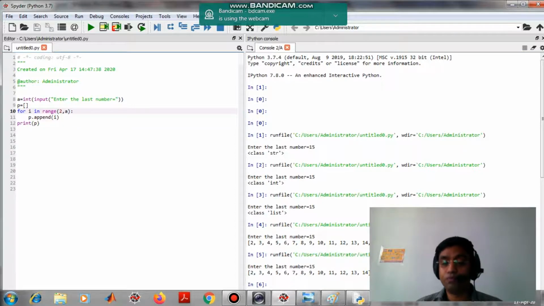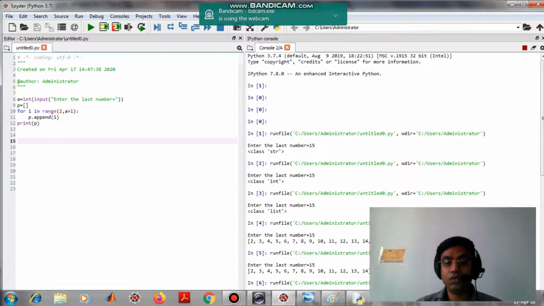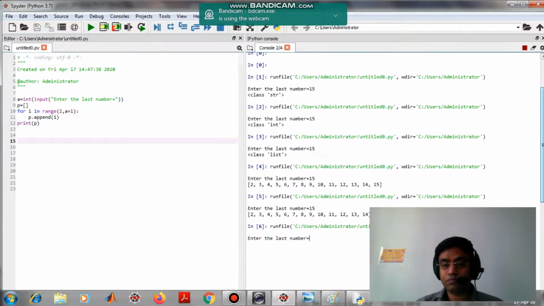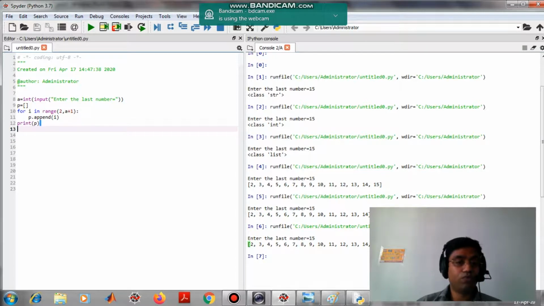We have to print up to the last number, so we have to give plus 1 here. Now if you run this code, you will find your desired output. We don't require this one anymore.